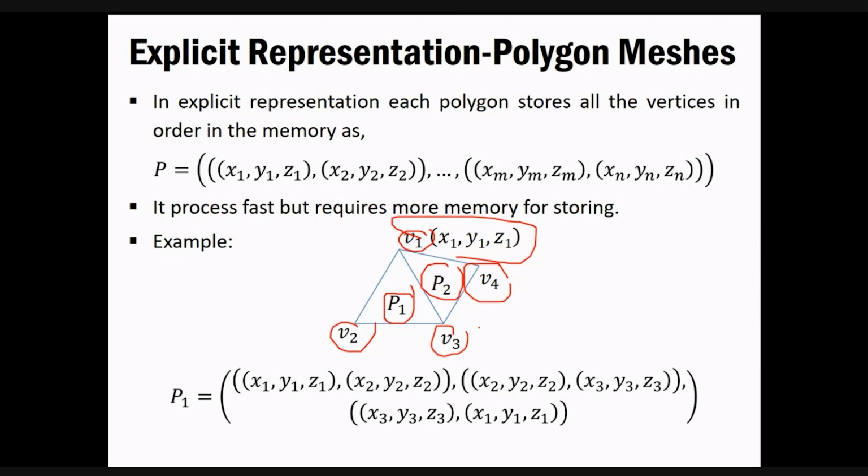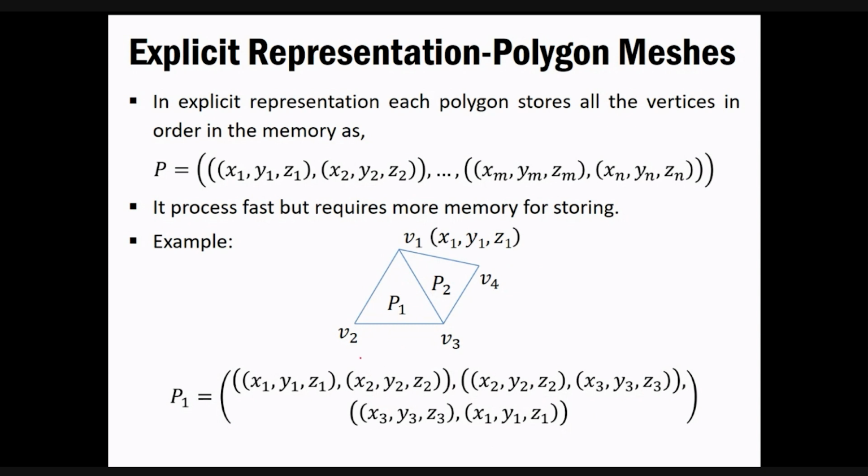But now over here, P1 represents polygon 1, or you can say surface 1, based on your image. Based on that, it is storing a few pieces of information, as you can see on the computer screen. It is storing x1, y1, z1, and then it goes from x1, y1, z1 to x2, y2, z2. So we have connected two vertices.